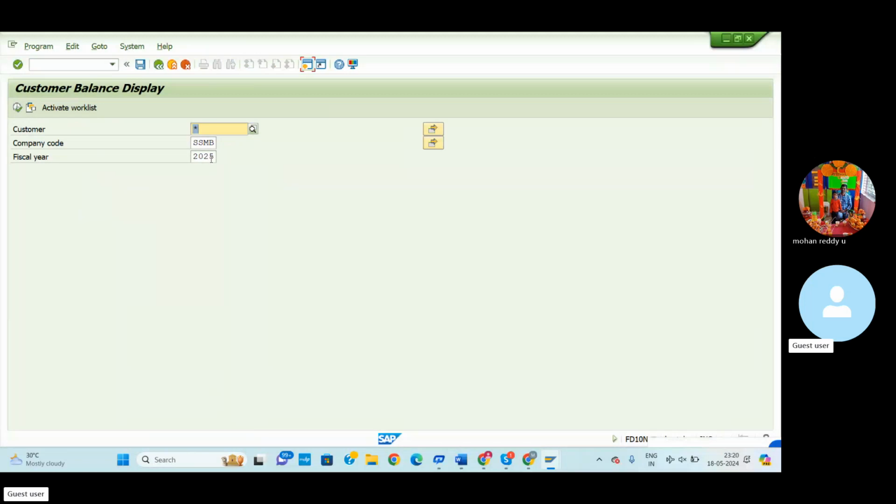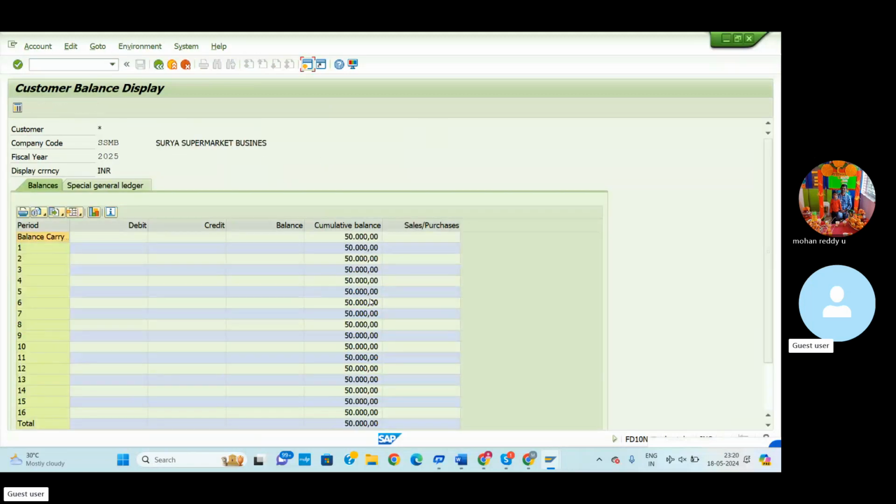Then automatically here we can select 2025, and the star button you also need to keep here, and execute. So here you can check the balances automatically. The customer balances total amount is 50,000. It will be carried forward to the next financial year, 2025. As well as we can check